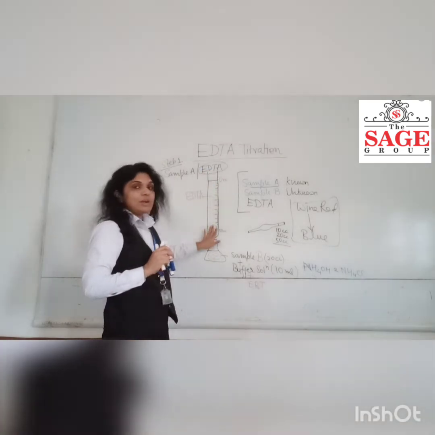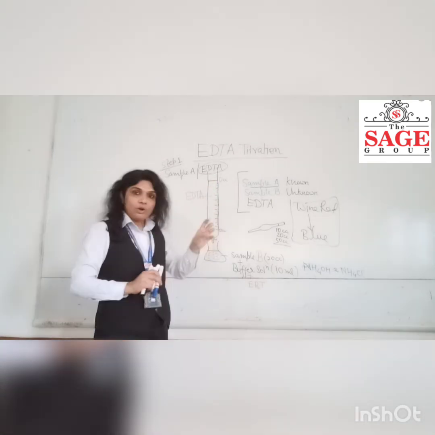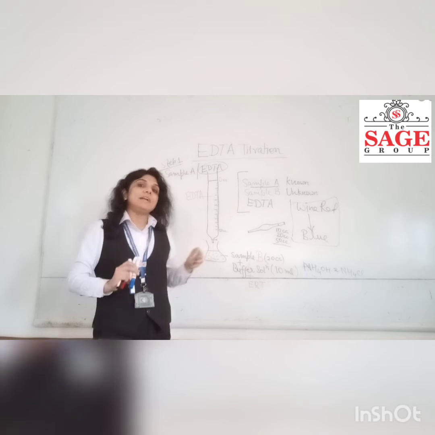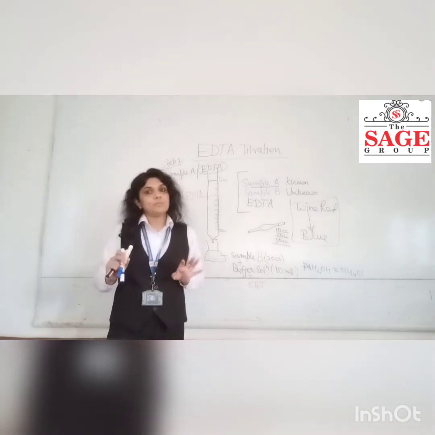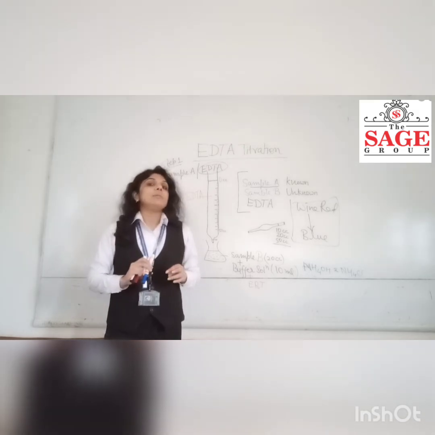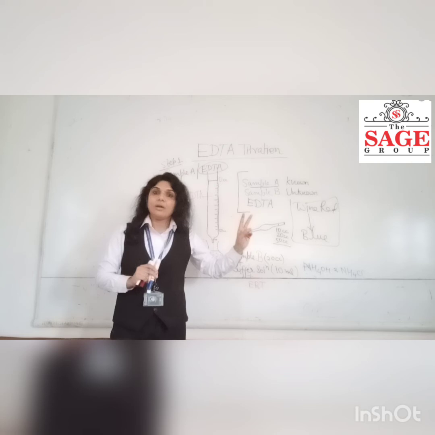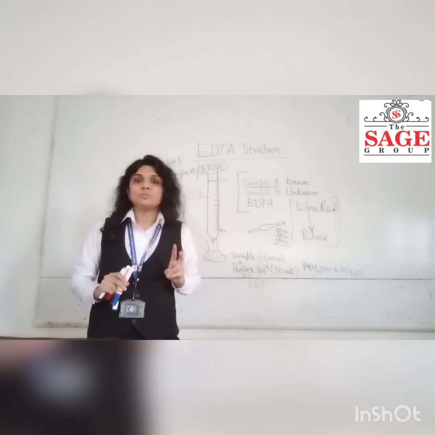Fill this burette with EDTA solution, allow the EDTA to run down drop by drop, and you have to find a change from wine red to blue color. That's that. And again you will be noting down the reading. So you will be getting 2 readings, one from step 1 and one from step 2.